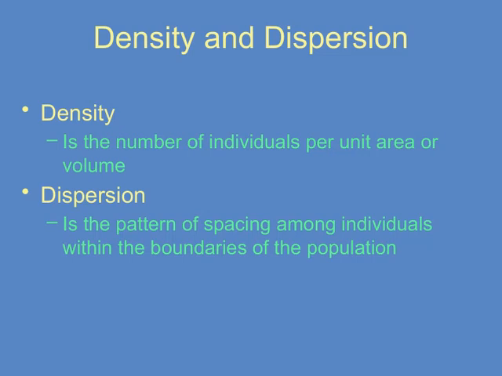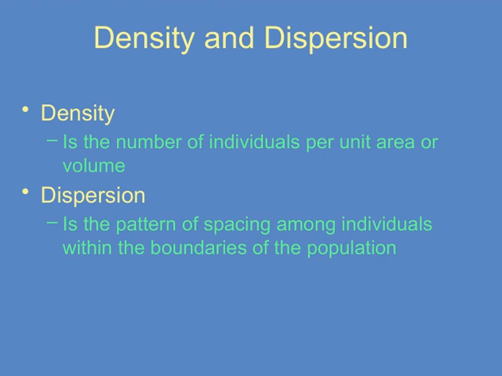Let's talk about density and dispersion, two important concepts in understanding populations. Density refers to the number of individuals in a given area or volume, so it helps us understand how crowded or sparse a population might be. For example, a high density means many individuals are packed into a small space, while a low density indicates they're